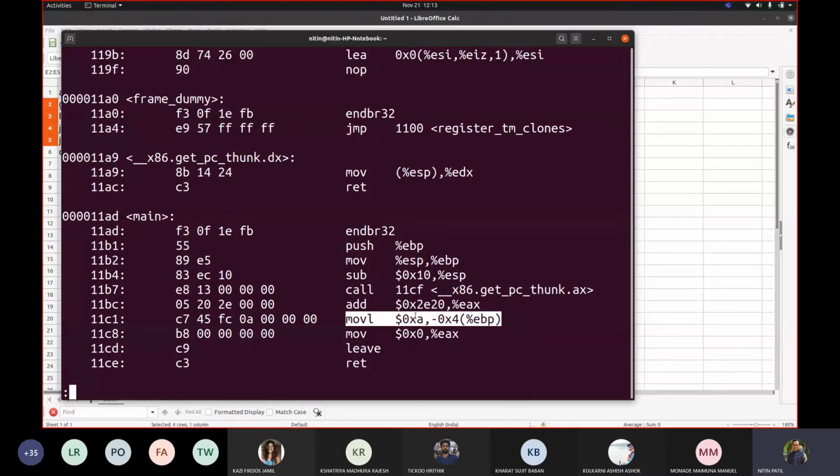Okay, but it also shows the code. If you are watching the code for tracing purposes, then it will show you the original code. It will not show you the exact execution. So execution can be seen only through the values. So this 10 was added there. This was the statement, correct? i equal to max. And as it was a local variable, that's why there is EBP. We'll be talking probably next week about how these local variables are used, and we will try to write our own functions.